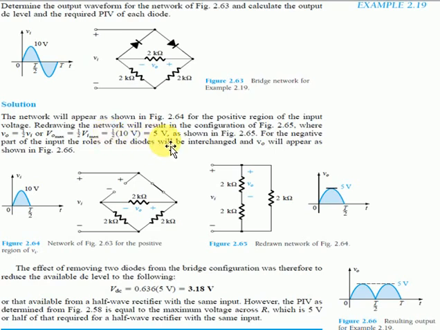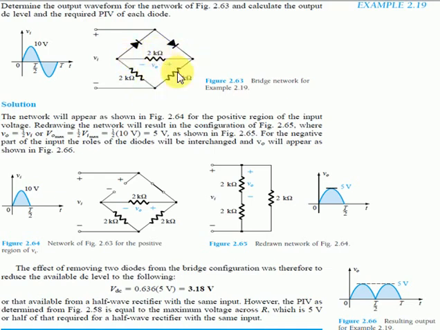So this is the simple thing. You may understand it by using your common sense, and logically you will apply the voltage divider rule formula here. Now for the negative cycle, what will be here? In this case, this diode will be forward biased and this diode will be reverse biased. Then this has a short circuit and there is an open circuit.